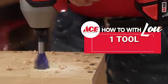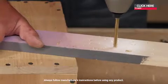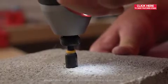In this video, we're going to show you 3 ways to use an impact driver. An impact driver is a specialty tool that can really help you accomplish a lot of different tasks. One of the main reasons you would use an impact driver is when you need to drive screws or fasteners into material that not only give you a turning motion like a drill driver, but a slight hammering motion as well. It's not a hammer drill, it doesn't have that kind of power, but it will help you to power